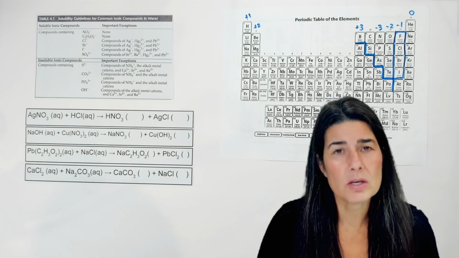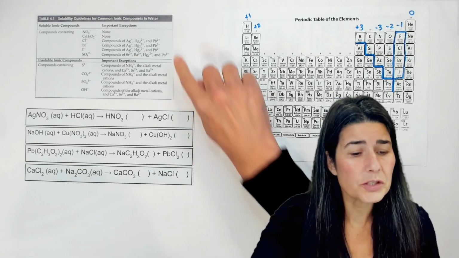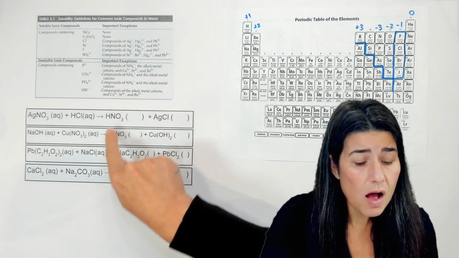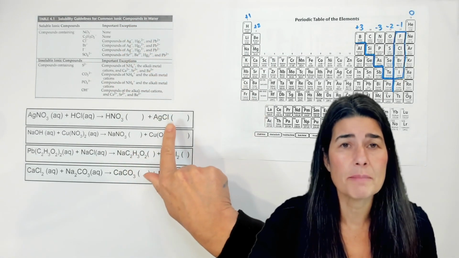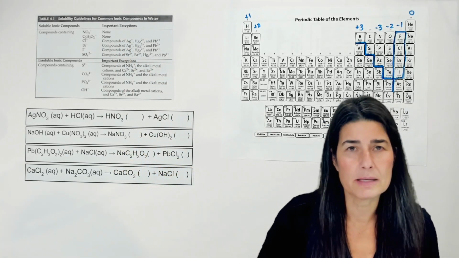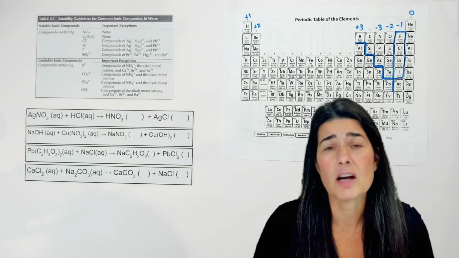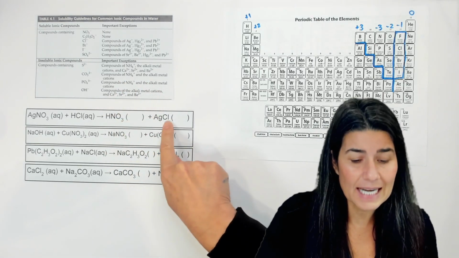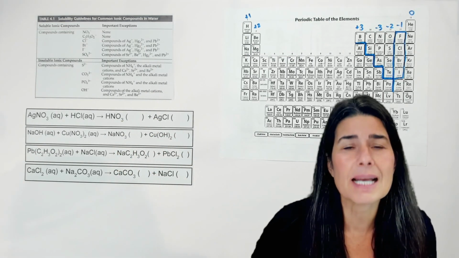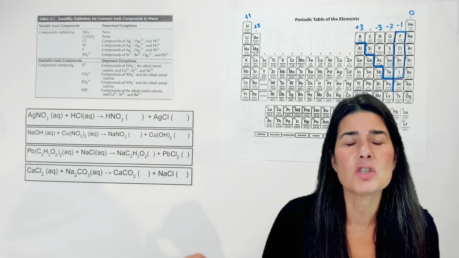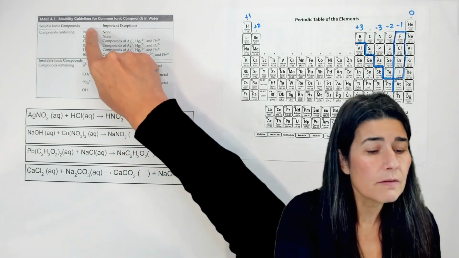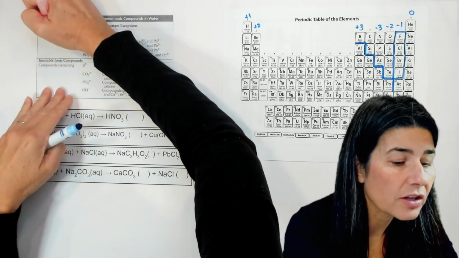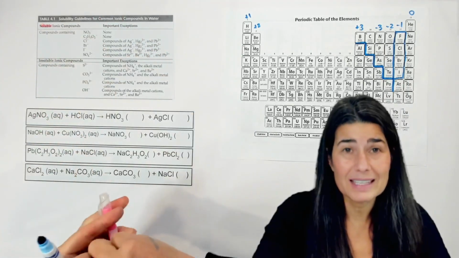So, when we use a solubility table, we're looking for ionic compounds in water. All of my products here are metals with nonmetals. They're ionic compounds, plus and minus. The way that we read our solubility table is the following. If you look at the anion of each of these pairs, the second, negative part of each compound, and you find the anion in this area that says soluble, what soluble means is it dissolves